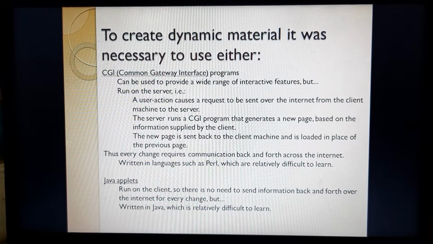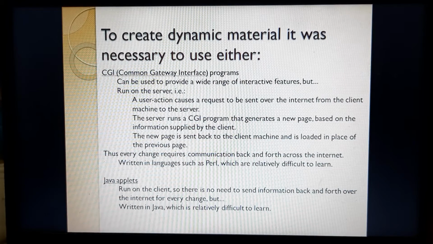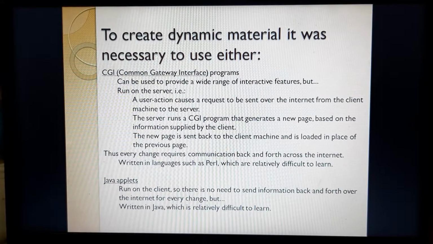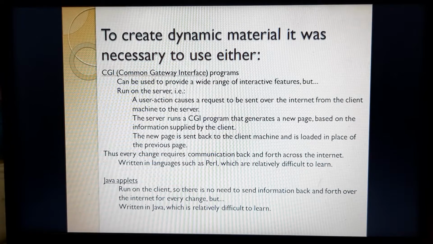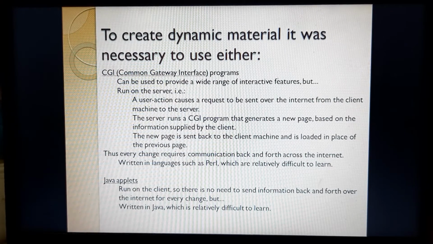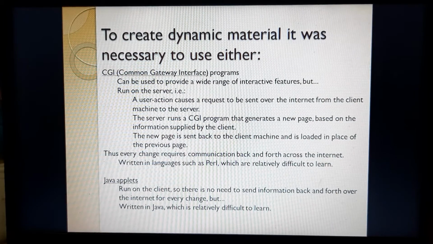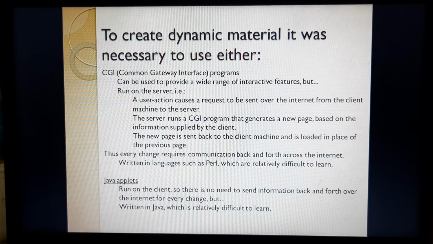And also there is another option which can be used to create dynamic web pages, that is Java applets. It is also relatively difficult to learn as compared to JavaScript, and it also runs on the client, so there is no need to send information back and forth over the internet for every change.